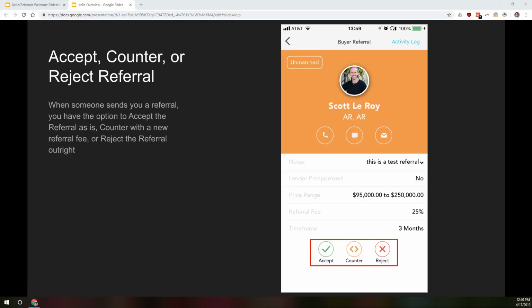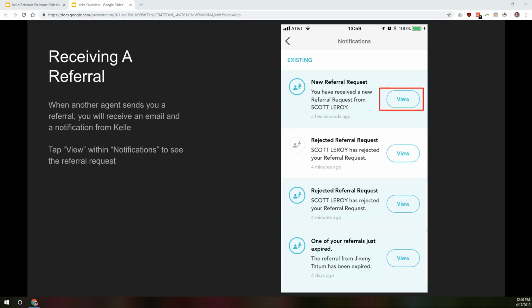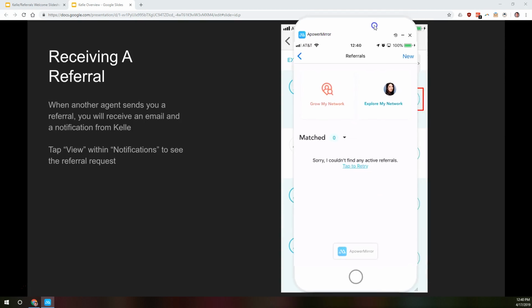Let me just check out something here. Okay, so we'll just table that for just a second. We'll go back to showing my screen here. Okay,